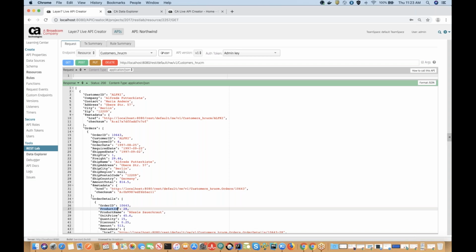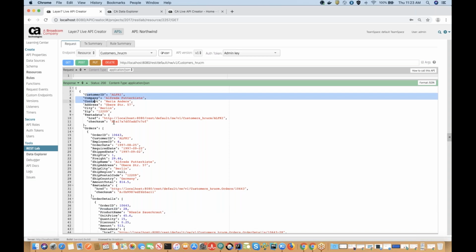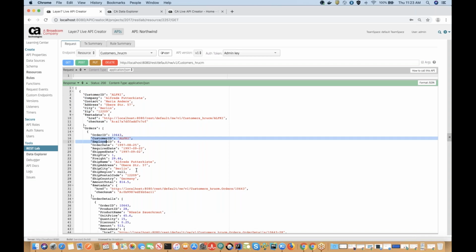So just to quickly summarize, in a couple of clicks, I was able to alias out my columns. I got to select which columns I want to produce. I could change any of this stuff, and I was able to do a lookup. And I did this all in 1 minute. So this is how you shape your APIs. And now at this point,